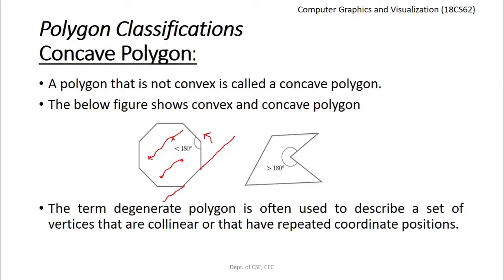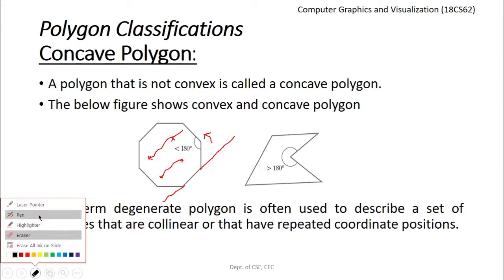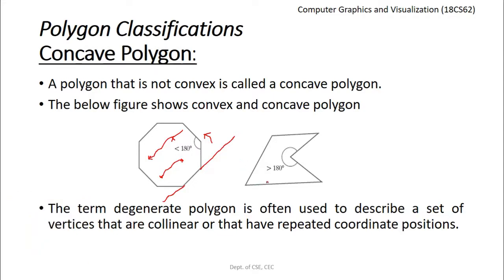The first condition for a convex polygon is all the interior angles should be less than 180 degrees. Now if we consider this angle here, as it is shown in this diagram, this angle is definitely greater than 180 degrees. So the first condition for a convex polygon is false. So this is not a convex polygon, it's a concave polygon. What is the second condition that we have? The second condition is, if we extend any edge of a polygon, the entire interior of the polygon should lie on only one side.